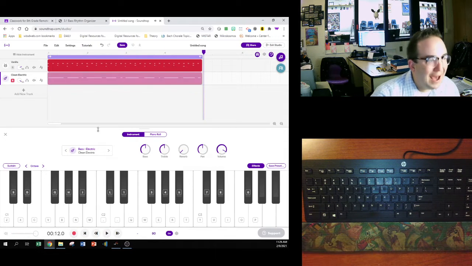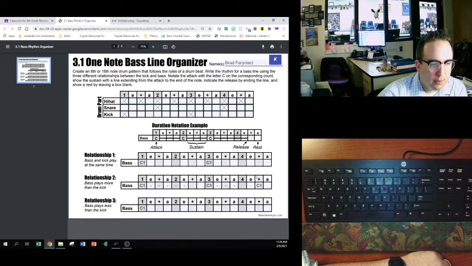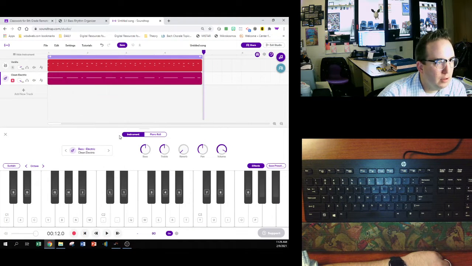Okay. Now, when I quantize, I played a note on the and here. So I need to quantize to that eighth note subdivision. Okay, so we're going to quantize to the eighth. All right. Now, when I check this in the piano roll,